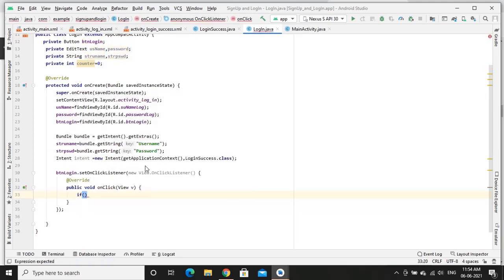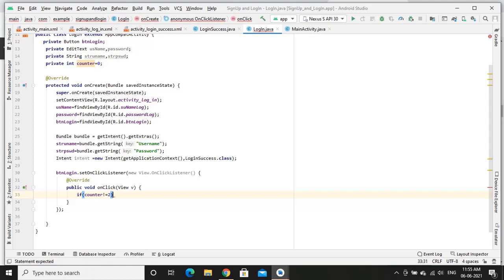Here I will check for counter is less than or equal to 2, because whenever the user tries to attempt more than 2, then I need to give a toast message saying that the final attempt or maximum attempt is reached, and I need to disable the login button. So that is why I am taking this counter and checking whether it is not equal to 2.